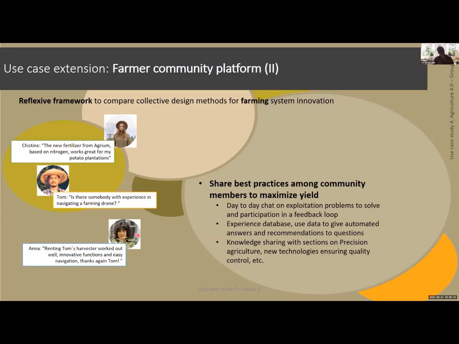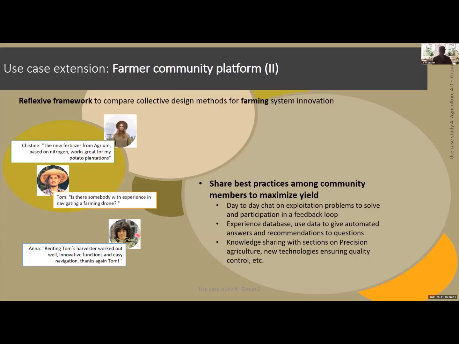We have Tom who is there asking if there is somebody who has got experience in navigating a farming drone. That's true that for many newcomers in agriculture activity, it will be interesting to get advice from the ones who have more experience in what they practice every day. And we have mentioned also Anna,